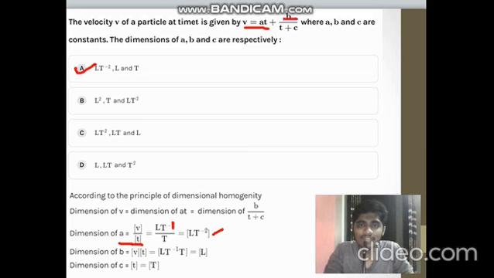So b will be this. When you remove this, v = b/(t + c), so this goes here: vt + vc. So c gets cancelled, because that's just a constant, or some other value. So v = vt, b = vt. From that you can get the dimensions of b, that is LT^-1 into T, that is L. So from these two you have confirmed that LT^-2, L and T are the dimensions of a, b and c respectively. And the third one, by some calculation which you can do here, you can rearrange and combine this term and the v term, and finally you will be getting the dimensions of time.